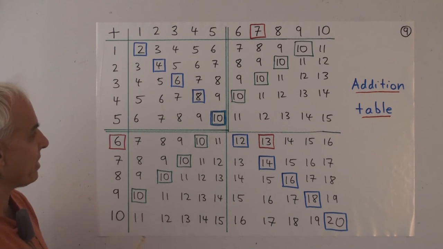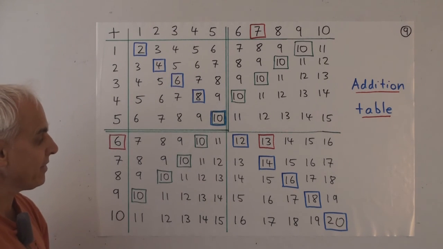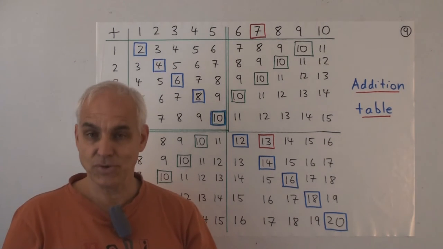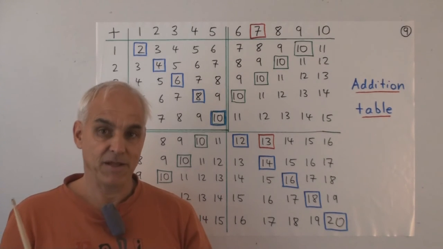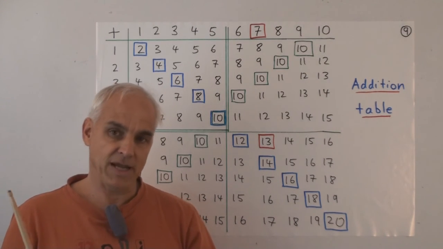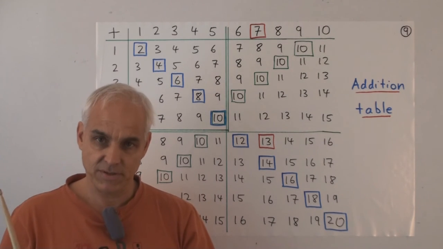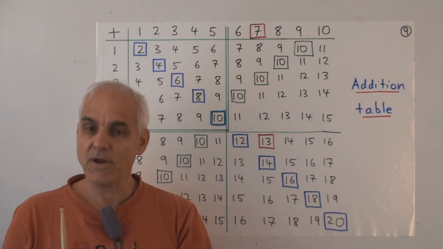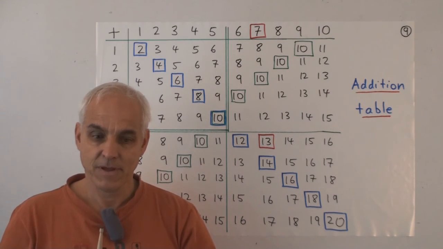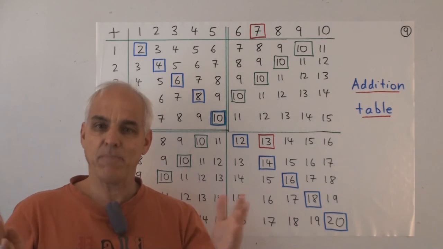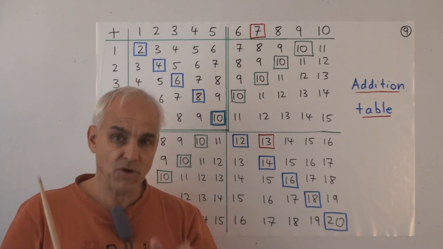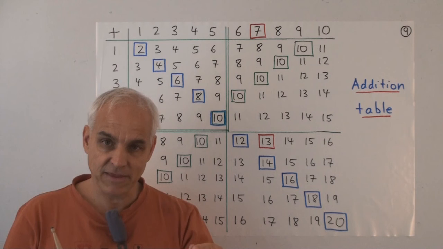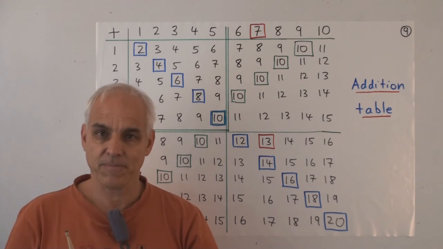So again, the same comments that I made about the earlier table apply to this one. I don't have any particular suggestions on how students have to learn this table, but learn it they must. And they must learn it in such a way that it becomes rote, that it becomes so ingrained that they know the answer immediately without having to pause and think. So although it's nice to have students thinking independently and making discoveries, it's also very important for young people to learn things by rote. If necessary, to repeat them over and over again until they learn them.